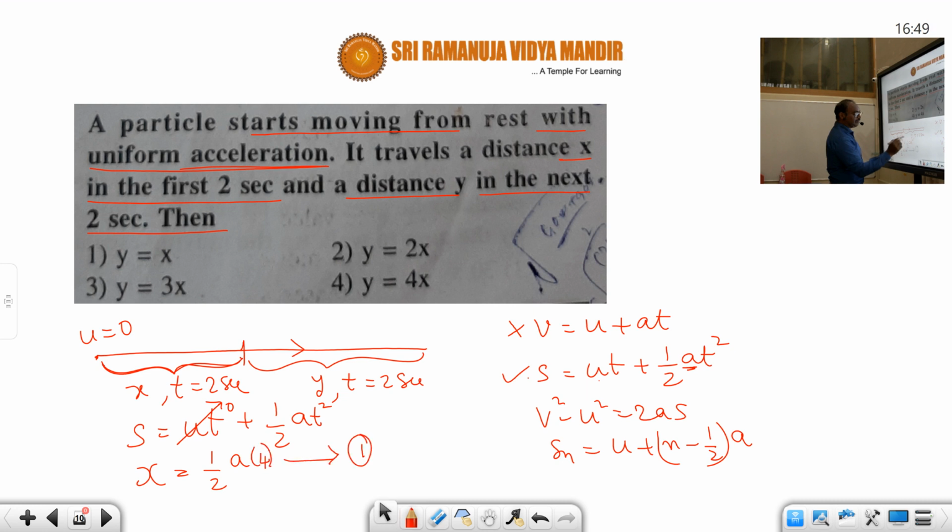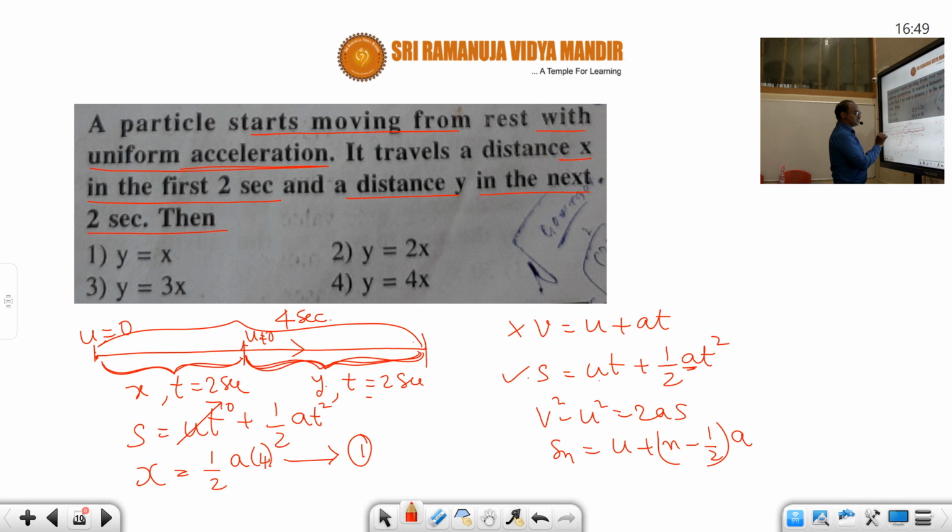What is the second part of the question? The displacement is y for time equal to 2 seconds. So again we take the second equation, choosing from the beginning to this particular point. From the beginning to this point, the total time taken is how much? 4 seconds. Why, instead of this part, do we choose this part? Suppose you choose this part, then the velocity is not equal to 0. Some velocity will be there. At the starting point they mentioned the velocity equals 0. So if you take this part, you have to calculate the u value again.